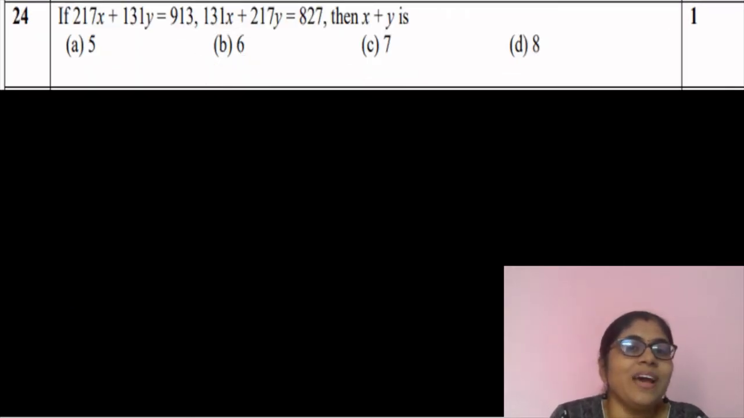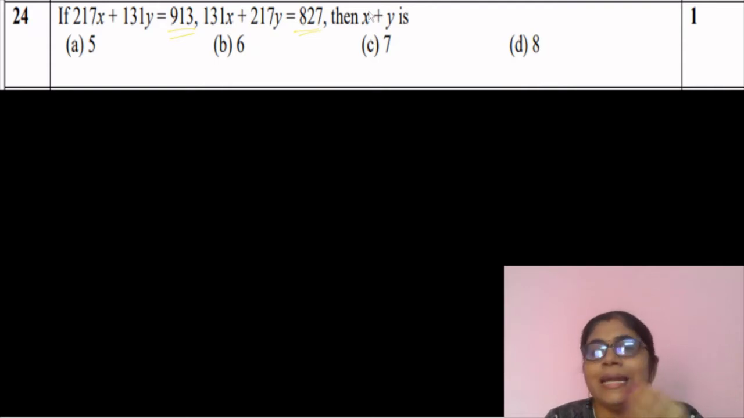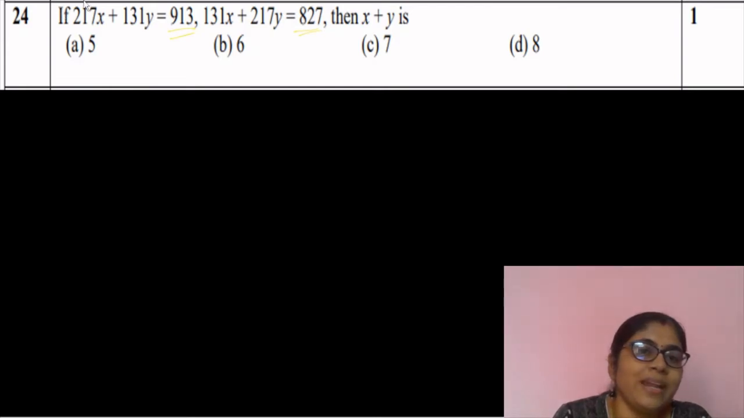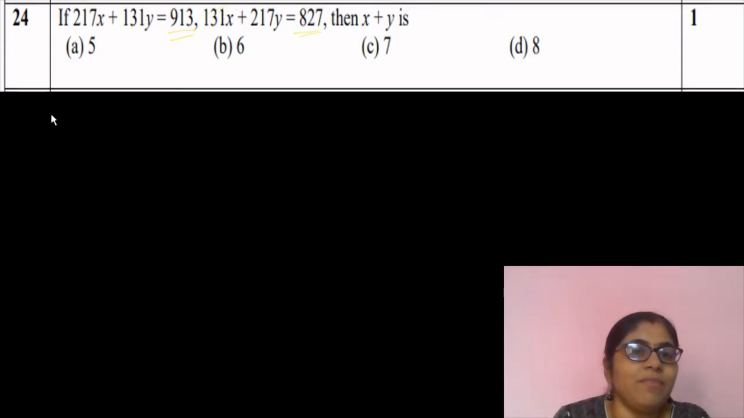Now let's move to the next question. If 217x plus 131y equals 913 and 131x plus 217y equals 827, then x plus y is... it's very simple. You have to add two equations. So 217 plus 131,